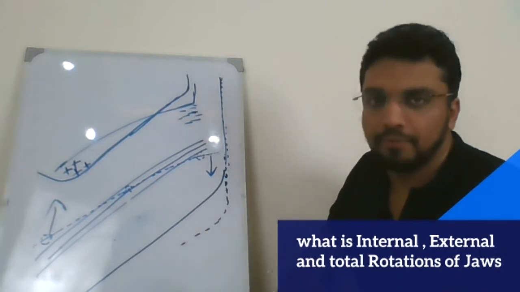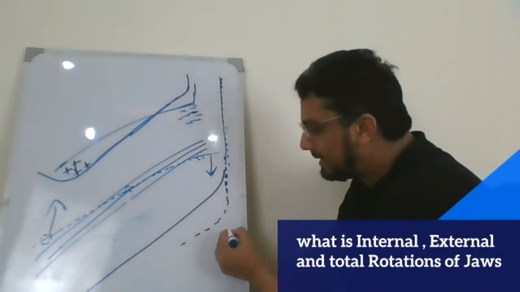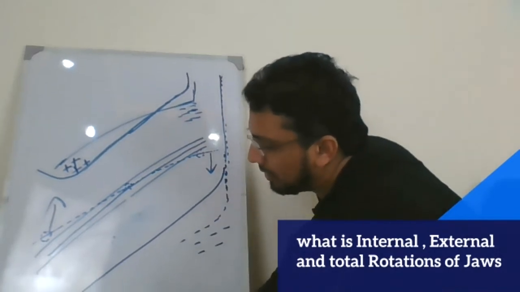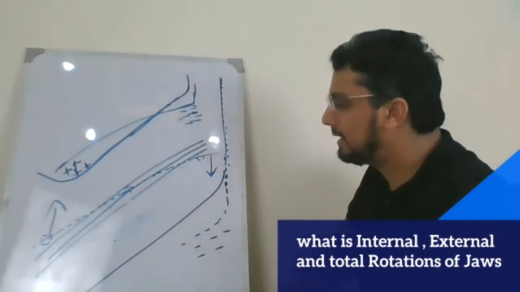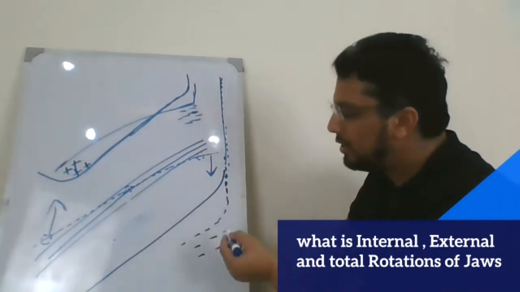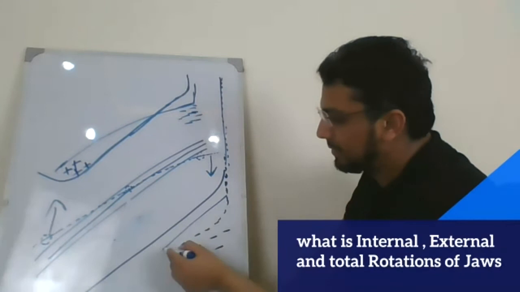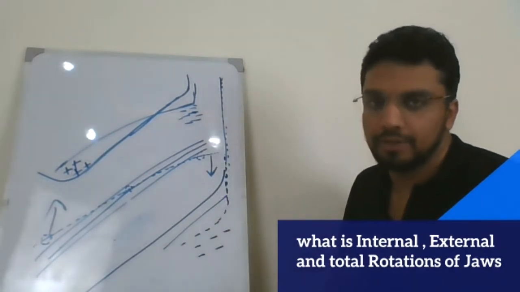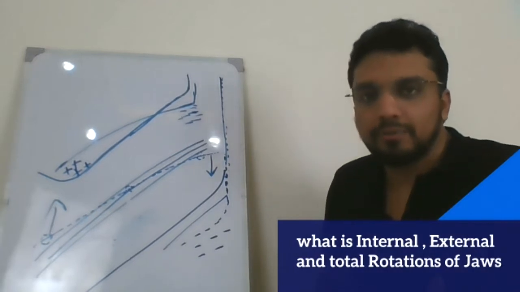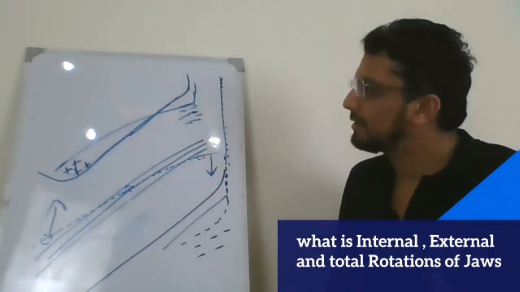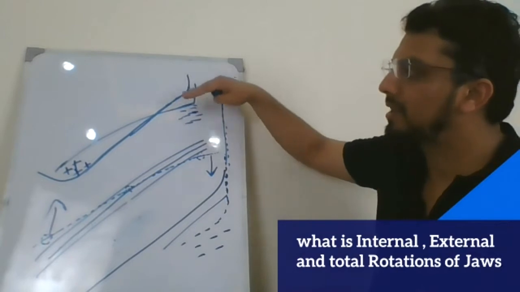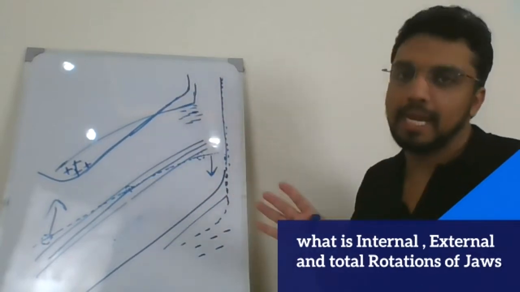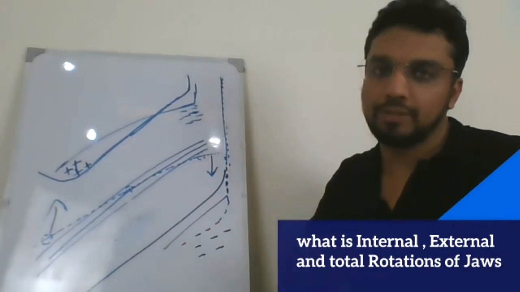But what if you had the resorption of the bone on this area and deposition of the bone on this area? This will lead to the new position of the mandible would be like this. This will cancel out the effect of the internal rotation. Internal rotation is because of the rotation within the core of the mandible. External rotation is because of the surface resorption and deposition on the surfaces of the bone. This may act opposite to each other.